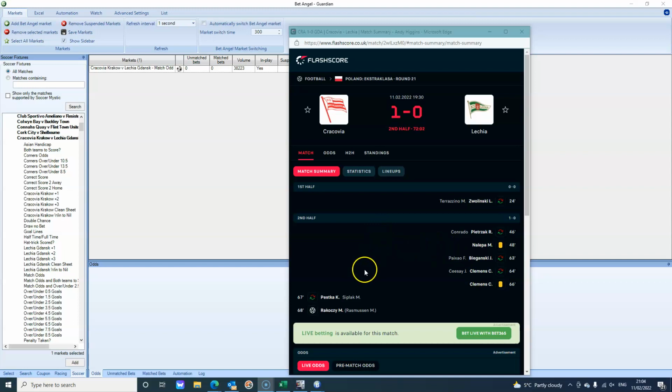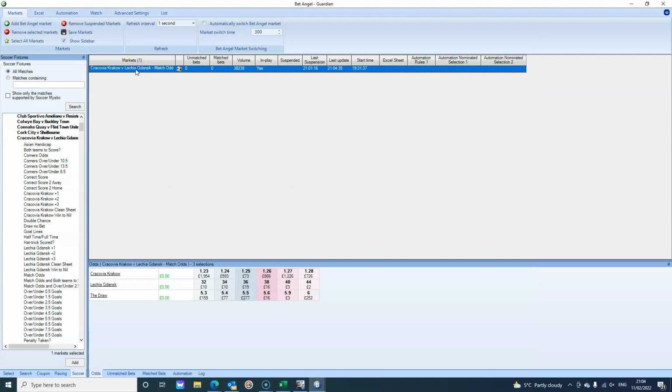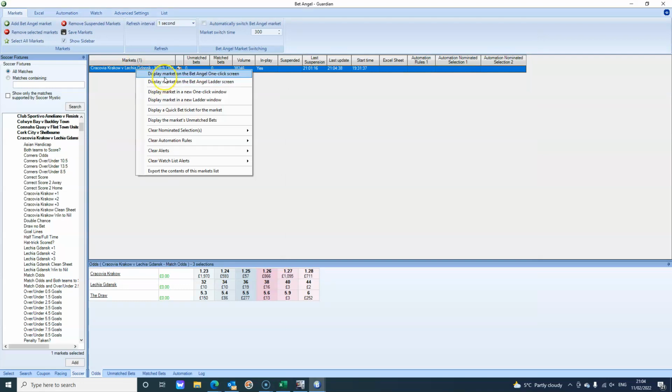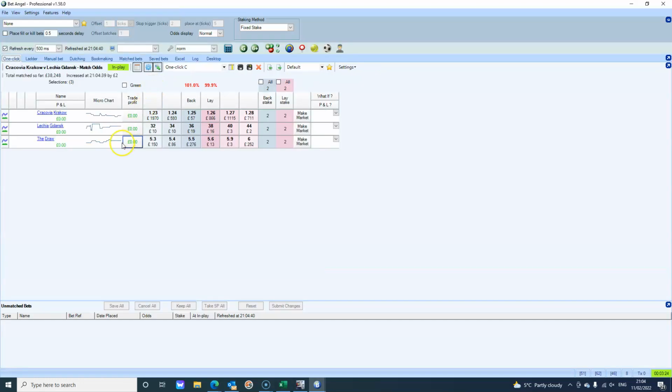So the first game, we've had our first goal. It's the 68th minute, so it's about 2 minutes too slow, and it came as a bit of a surprise. I was trying to get the odds up on Bet365, and I can't get them up now because the market's been suspended. But what I will say, the match odds market right now, if I was to click on that, basically shows that Krakow,